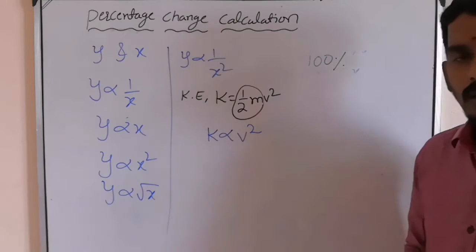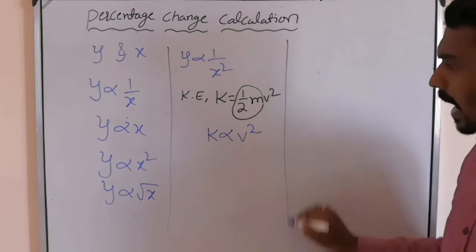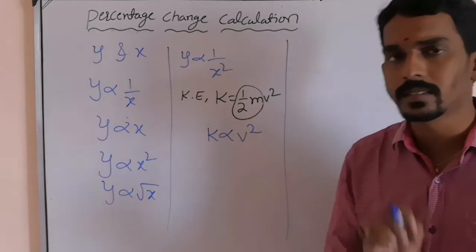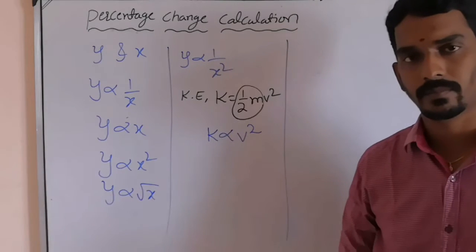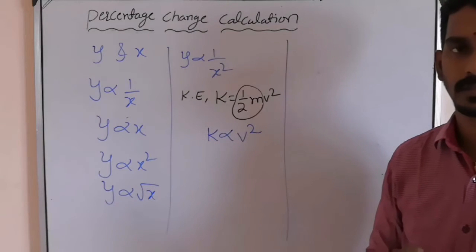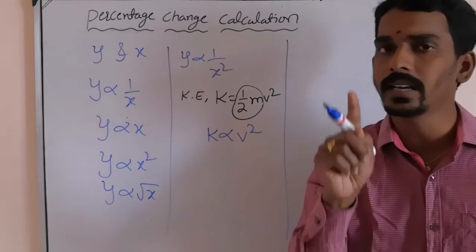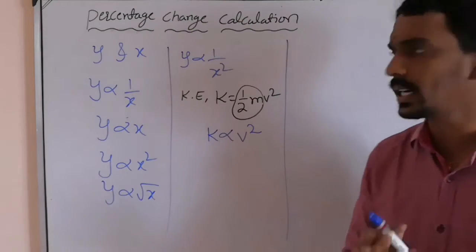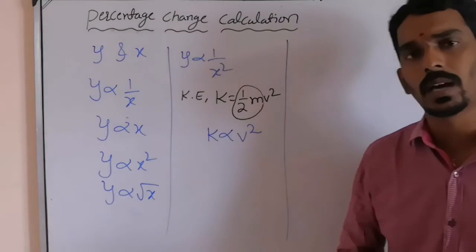To apply that, what method will we take? See here. Every time, whenever they give questions related to percentage change, they will ask two quantities. And you will definitely have one relation in physics, one formula for those two quantities, because they will not give K equal to half mv square. They will give the question in this manner.